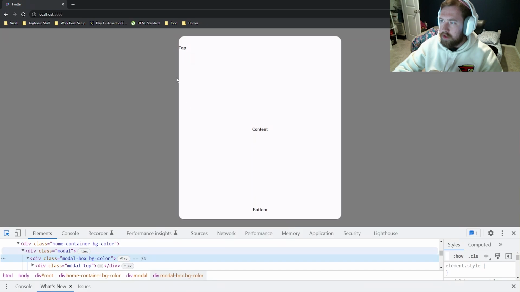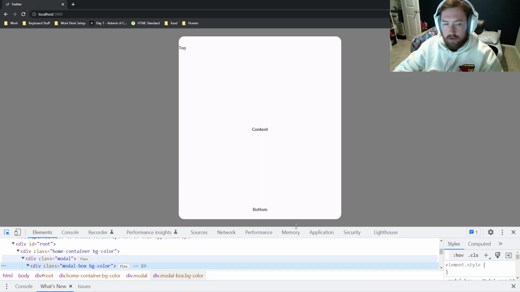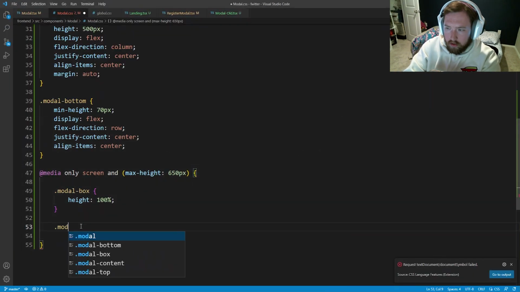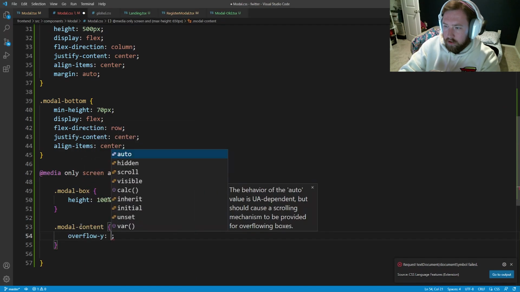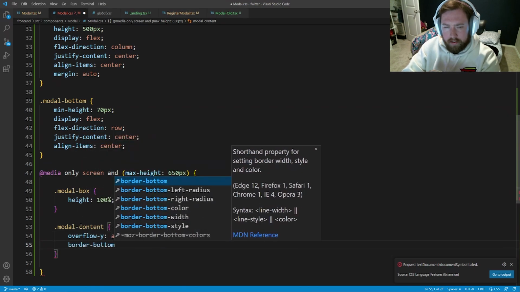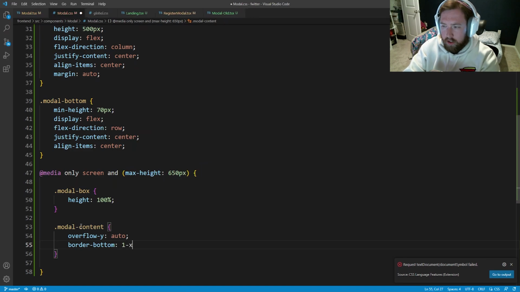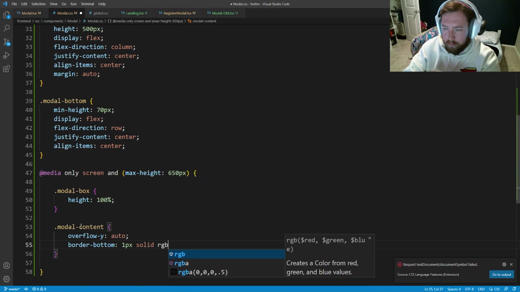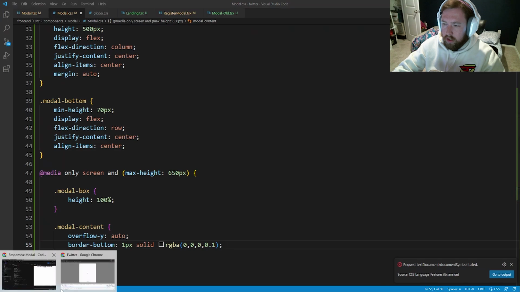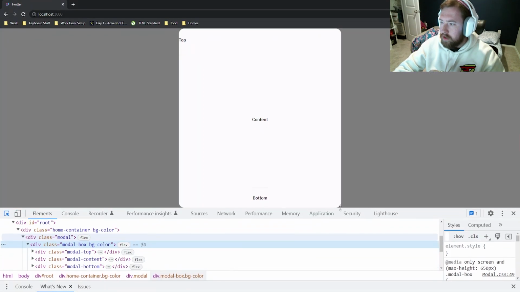Next, what we want to do is we want to make sure our top stays and our bottom stays. We want to resize our content. So that part is the next bit. So now we're going to say .modal-content. And now we're going to say overflow-y is going to be auto. We're going to add a border to the bottom. So border-bottom. I don't think Twitter does a border on the top. I could be wrong, but it's going to have 1px solid, and it's going to be rgba, and we're going to have 0, 0, 0, so black, and very, very light, 0.1. So there we go. And now if we take a look, if we start scrolling in,